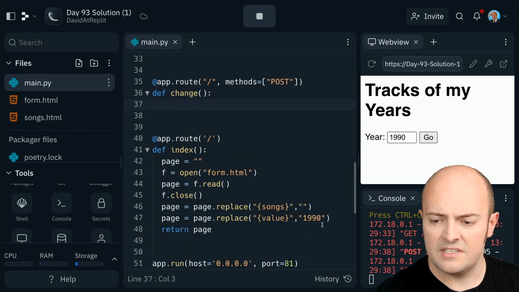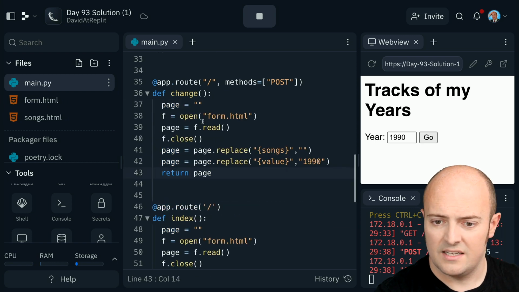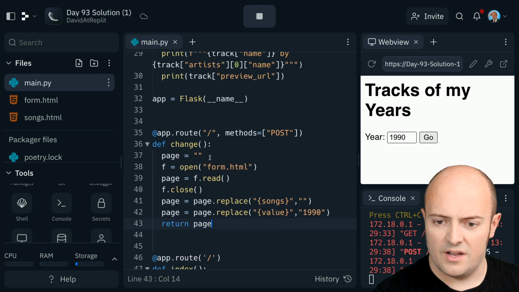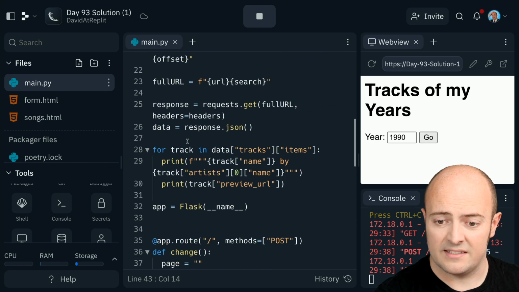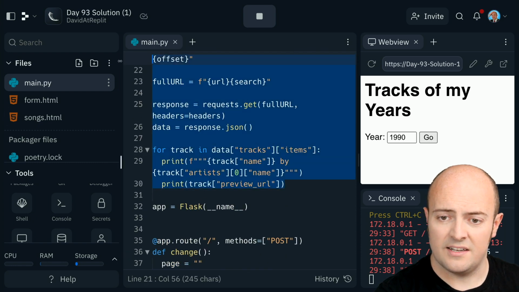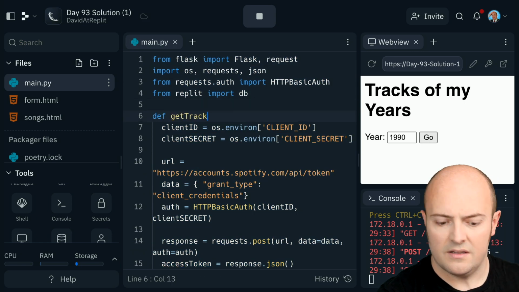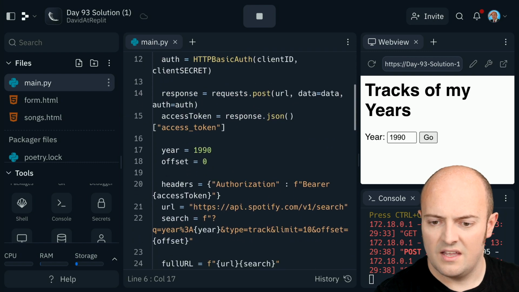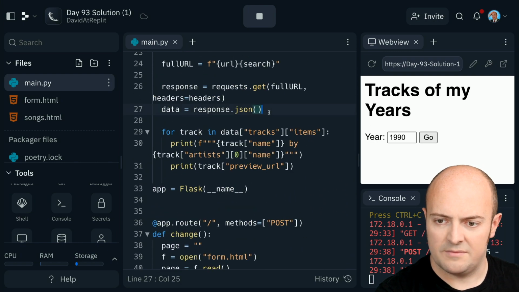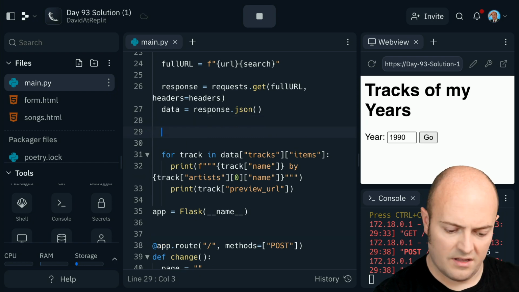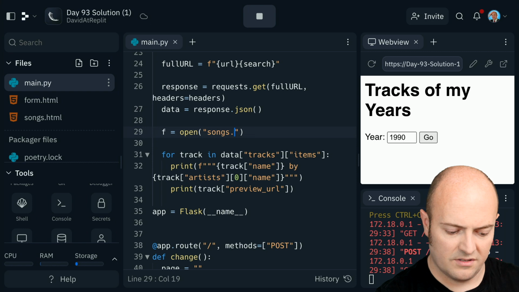And we're going to need all the same code from down here, but with a few slight differences. So what we're going to do is we're going to need to call this. So we need to make this a subroutine, don't we? So let's turn that entire thing into a subroutine. Get tracks maybe. And instead of just printing it out, let's do f equals open songs.html